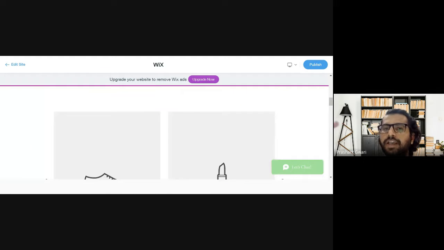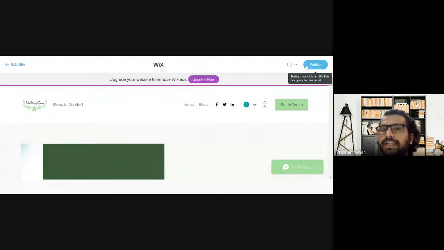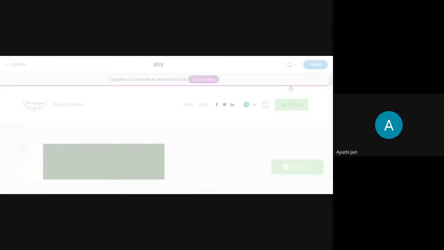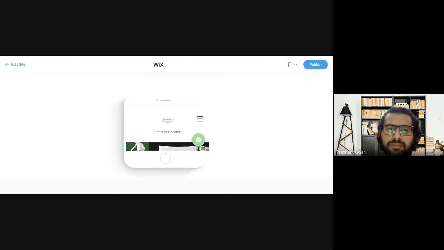You can check by clicking the computer icon whether this website is responsive or not. This is the benefit of using the ADI tool. You can create a responsive website. In normal tools, you need to create it manually or ask a web developer to do that. That's why website developers are doing a lot of work these days, because we don't need to create it manually. It will take time, maybe. Yeah, this is the mobile version.